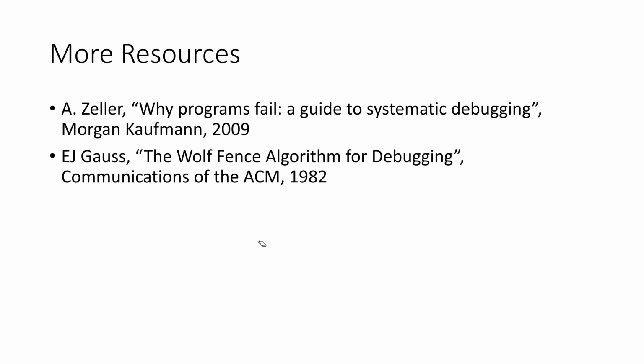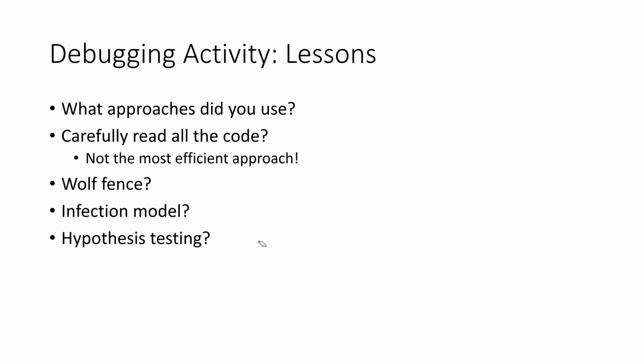And yeah, here are a couple of references that you can go look at if you're curious. But the idea of that exercise was that sitting there and reading all the code doesn't work super well when you start getting complicated code. As programs get bigger, it also doesn't work well. In the end, you still need to be able to read code, because once you narrow it down to a local region, you still have to figure out what's going on. But narrowing it down to a local region makes you hugely more productive than just trying to read huge amounts of code. So that's the lesson.